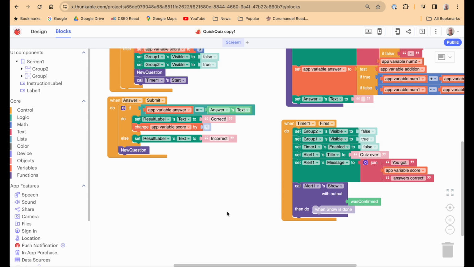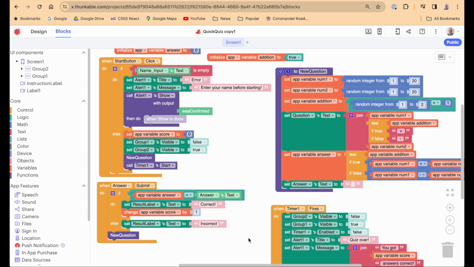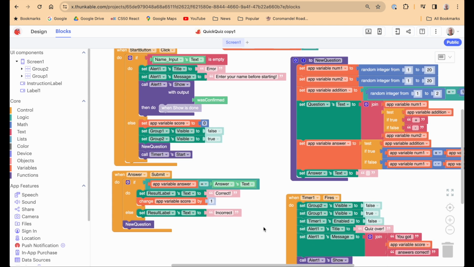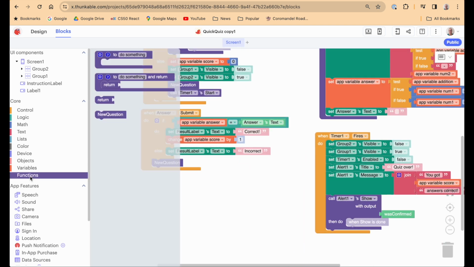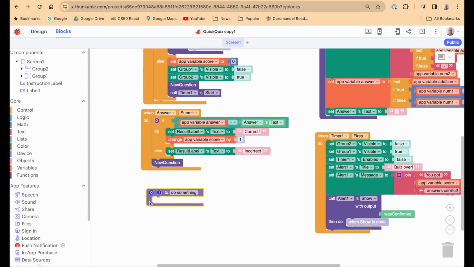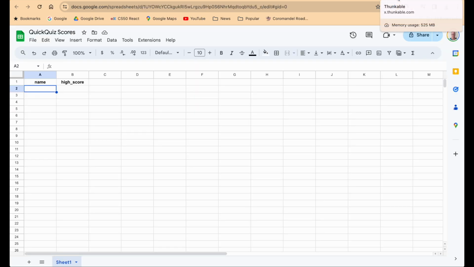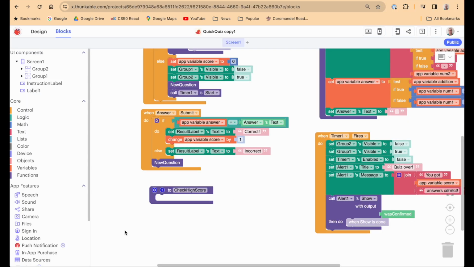Either we're going to write their high score to Google Sheets, or we're going to check if this is a new high score and replace it in the spreadsheet. Now to make this easy, I'm just going to make this into its own little function, just to keep things kind of separate here. So I'm going to call this check high score. We first want to see, is this user in my spreadsheet already? Right now we have nothing in there, but eventually we'll have people's names in there. So what we can do is say,